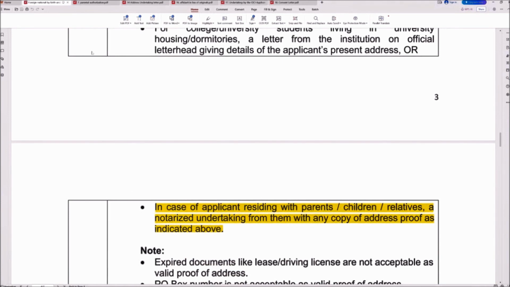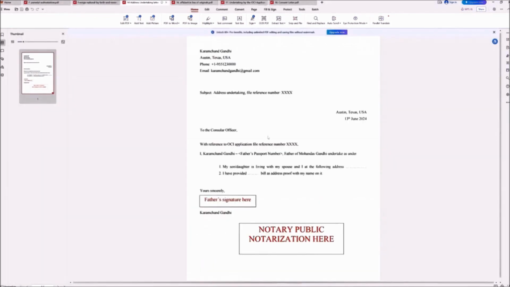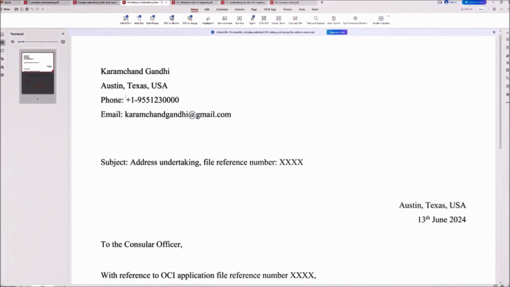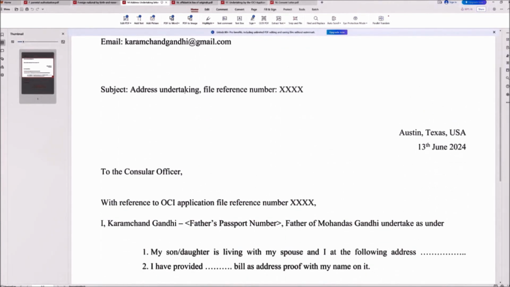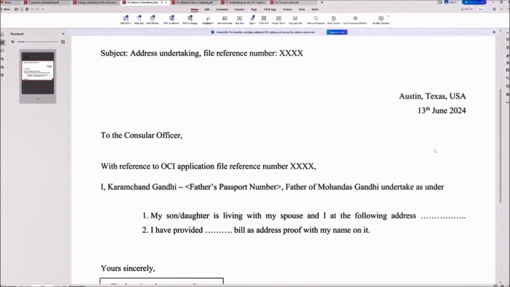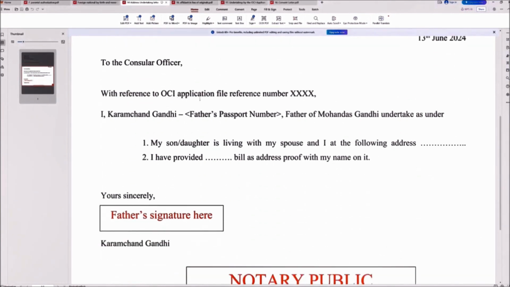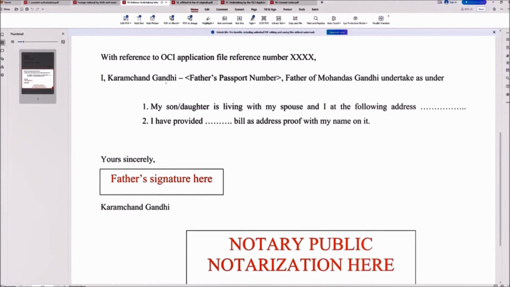So that particular form is this. So you need to prepare this document. So the father's name should be present in the from statement. There has to be subject address undertaking, file reference number, and this is the place name, the date. Then you need to mention to the consular officer with reference to OCI application file reference number, I, father's name,